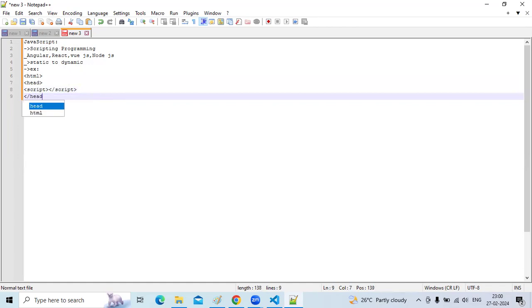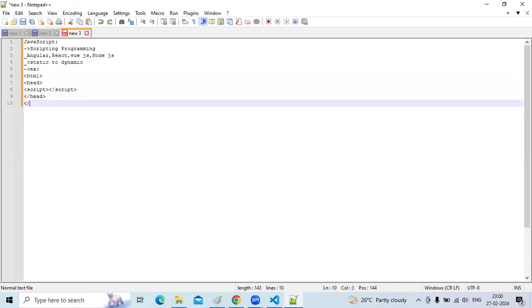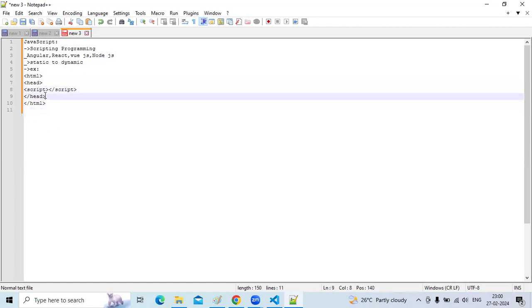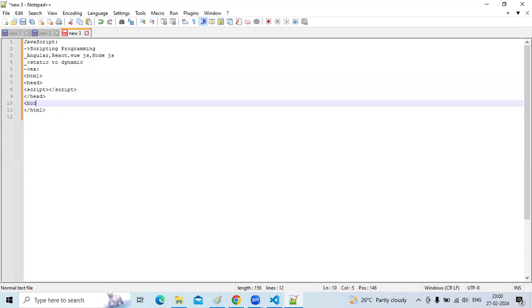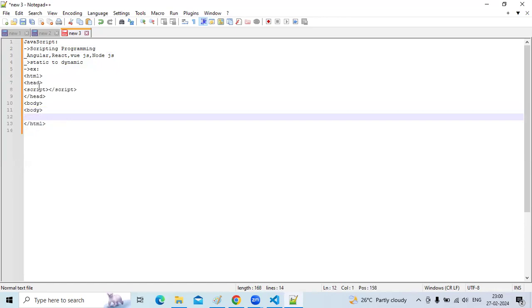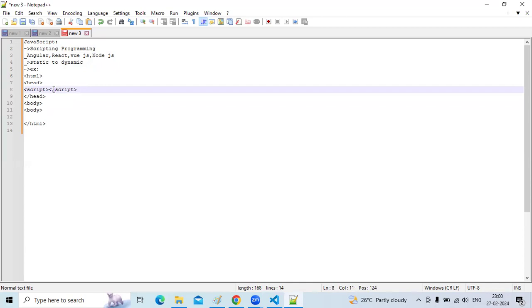Closing header tag, closing HTML tag. See, in either the header tag or else we can use it in the body tag also. So, in between the script open tag and close tag, we have to write the JavaScript programming language.